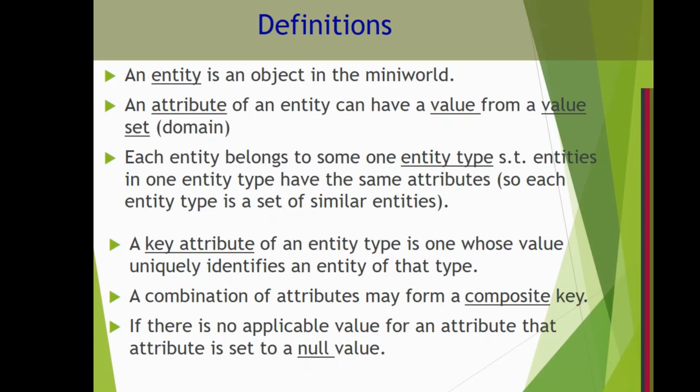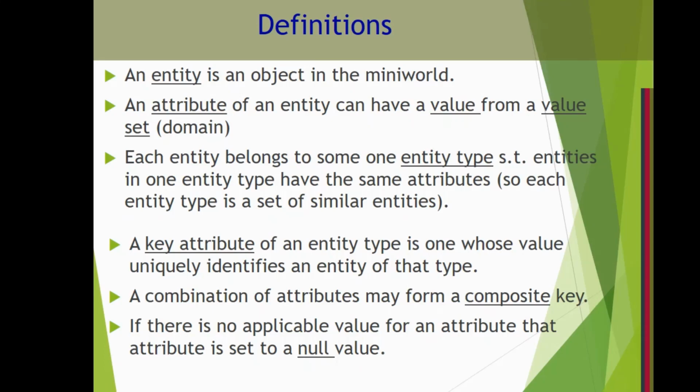But even if there are 50 Amit Kumars, and out of those 50, 35 are in BTech, doing engineering, faculty of engineering, these 35 Amit Kumars will have something different: the roll number. And the roll number will be the key attribute of the entity student. So I can have many students by the name of Amit Kumar, but one thing is clear, every student will have a different roll number. Got it? So roll number is the key attribute of the entity student.